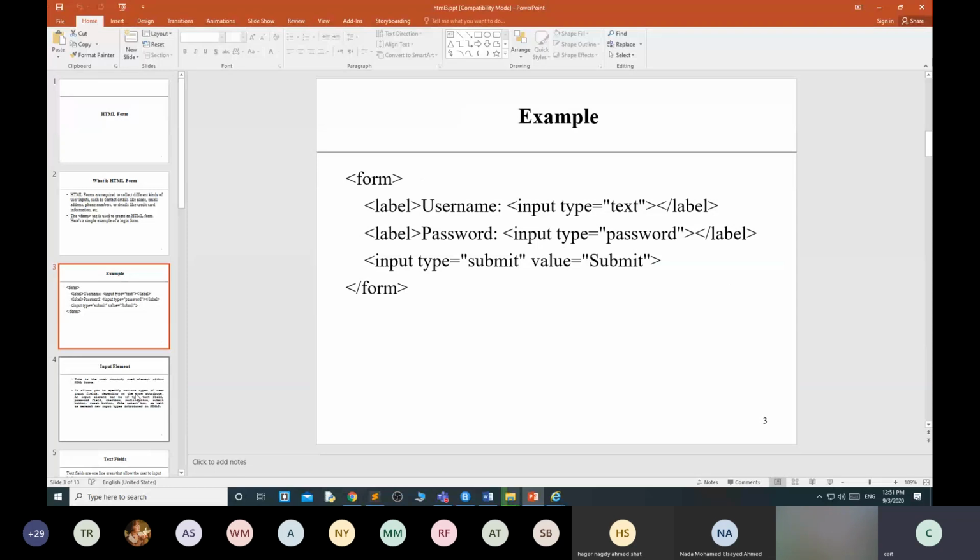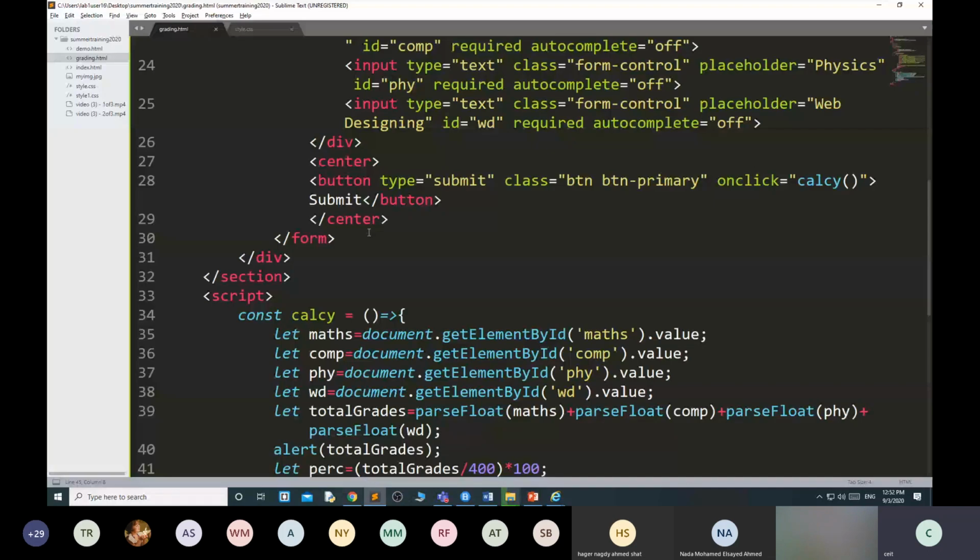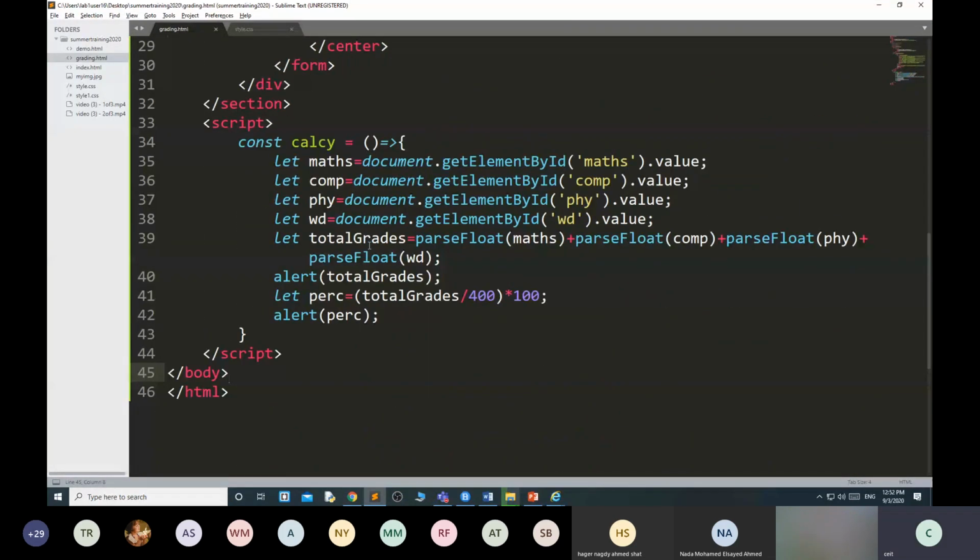I will share the complete code with you with image. You have to do it by yourself, and calculate the grade also based on percentage. That is your work, and you need to show me in the next training session, next week. If anyone has any doubt, then ask me.